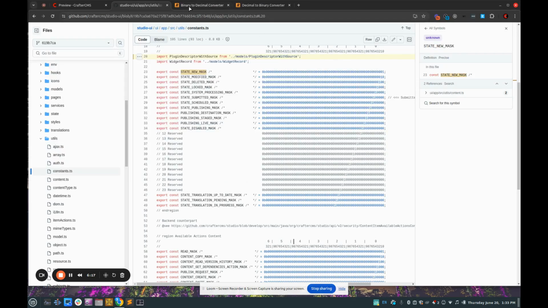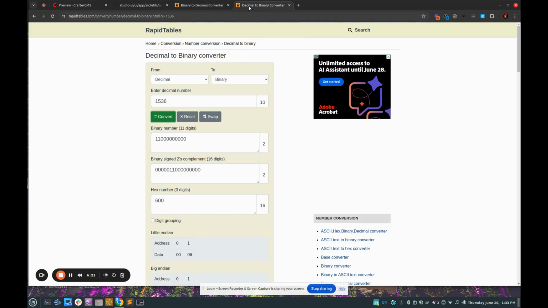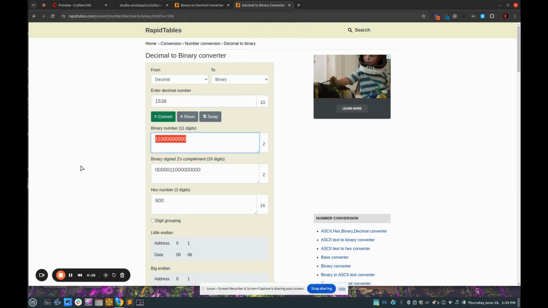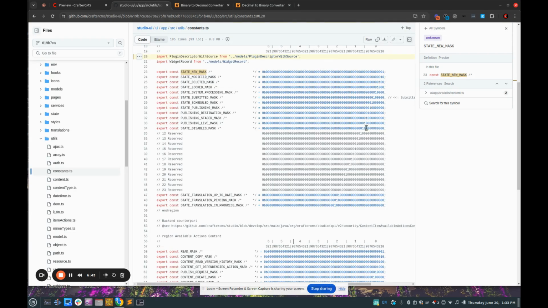And one way to get the fields for this is to convert binary to decimal. So for example, if I put in 1536 and hit convert, it's going to say that these are the two flags that are set high. So if I didn't know what this state meant, I can run a conversion like this and see what bits are set, and then I can go to our map and check those bits, and that will tell me what state the item is in,